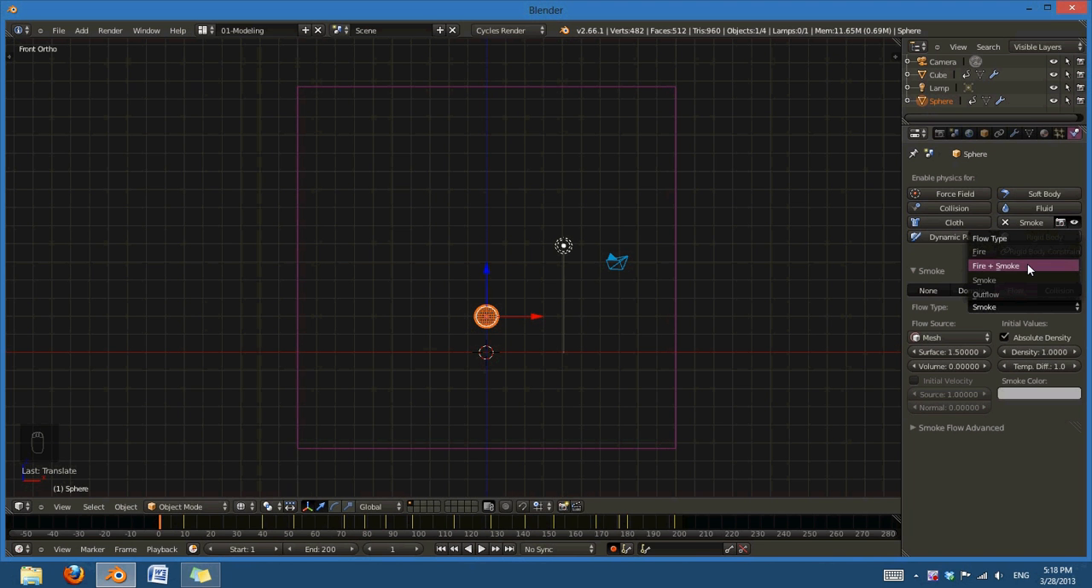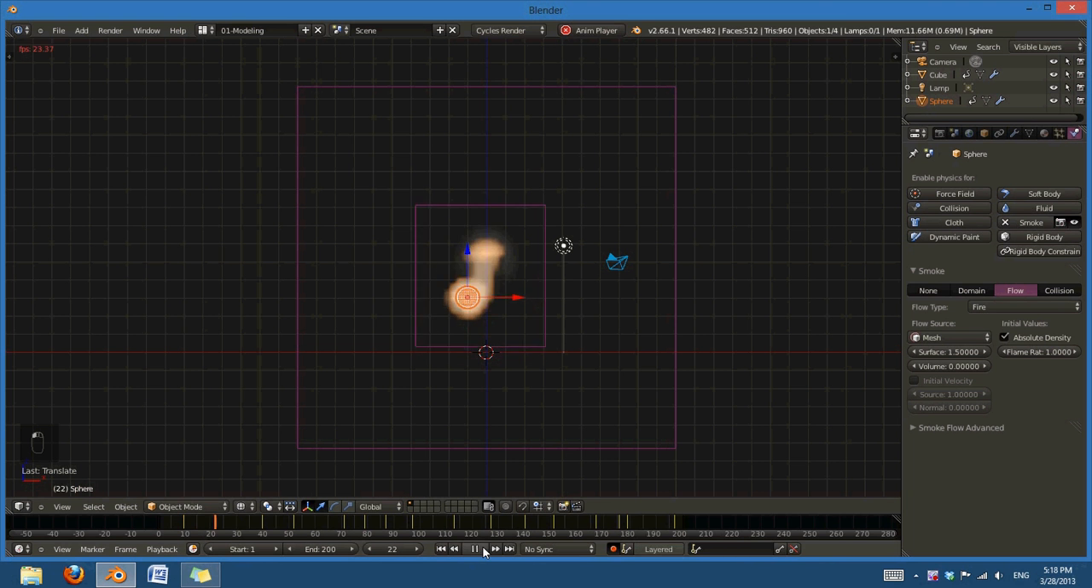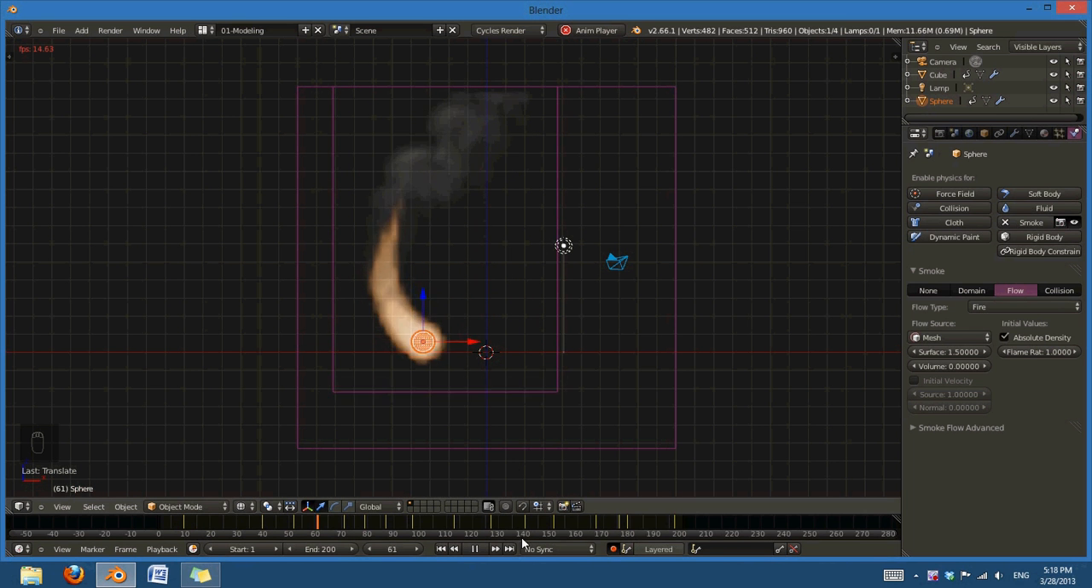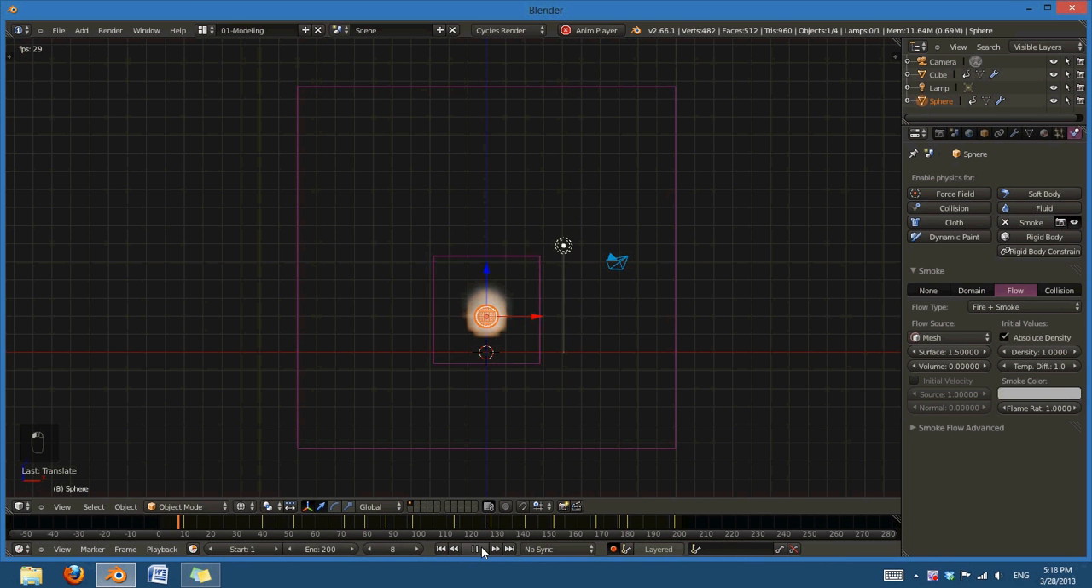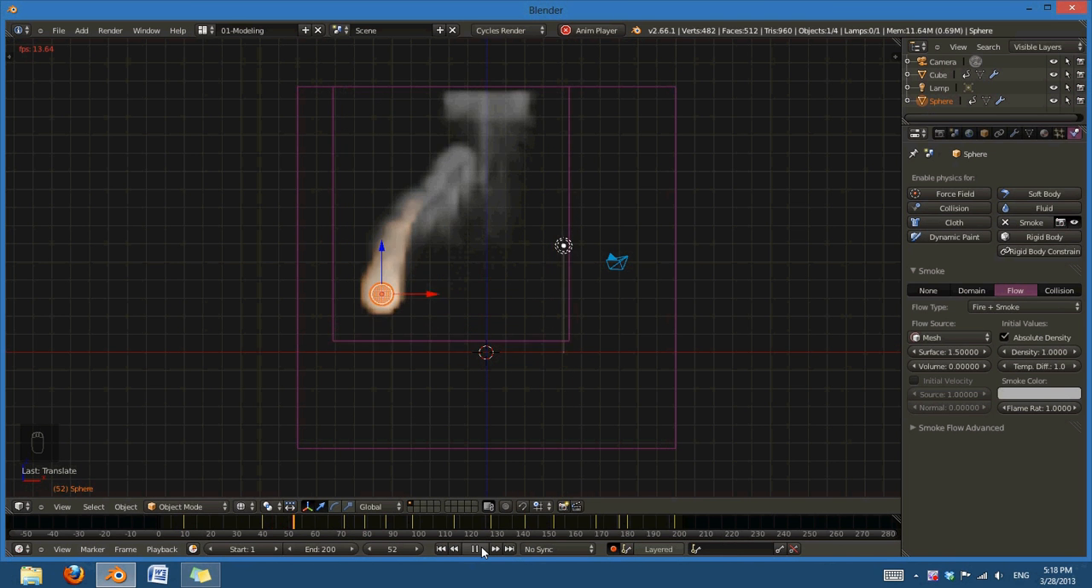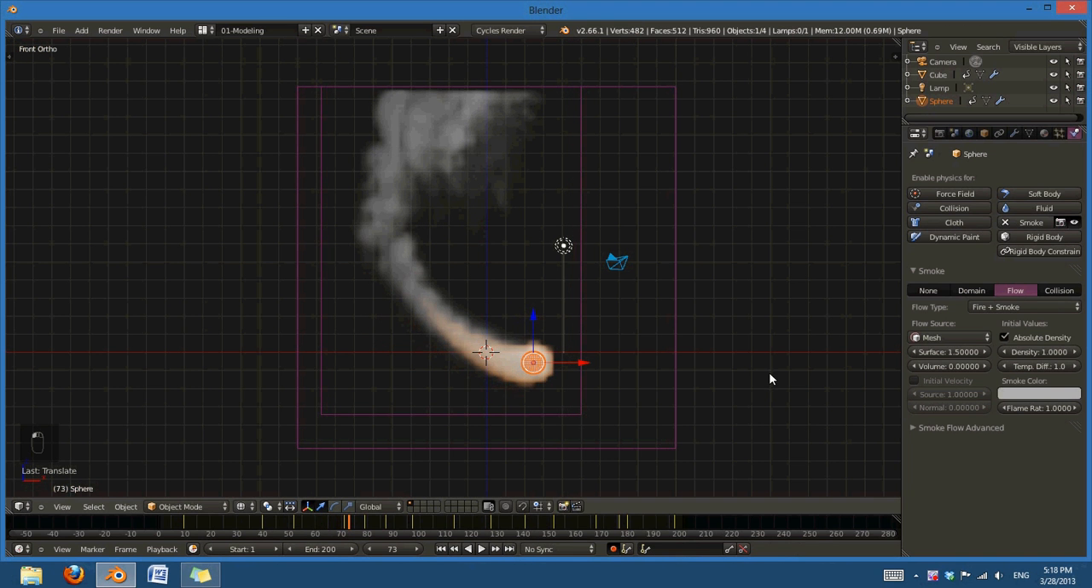And then the other two options are fire and smoke, and fire. And these are two completely different things. So you can see if I hit just fire, then it's going to emit fire. But it also has a little bit of smoke. And so what you can do is, if you want to have a fire that then emits the smoke, then you can just choose fire. But if you choose fire and smoke, the emitter is going to emit both fire and smoke at the same time. So it's kind of a subtle difference, but it really does make sense,